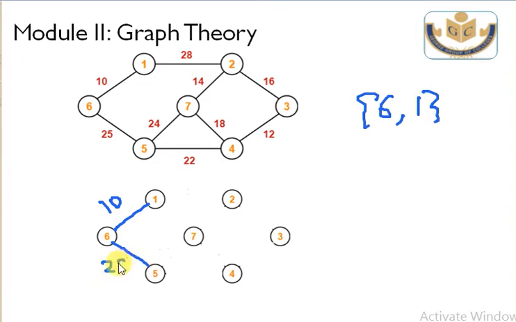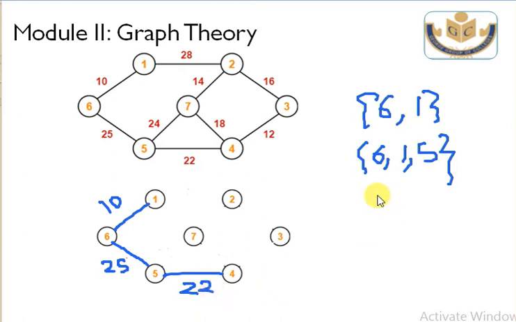See? Okay. Now what are the elements that I have? Now I have a set of 3 elements, 6, 1 and 5. Now you need to check from 1 where you can go, from 6 where you can go, and from 5 where you can go. From 1 I can go to 2 and the weight is 28. Now from 5 I can go to 4, the weight is 22. Between 28 and 22, which one is minimum? 22 is minimum. So this one is 22.